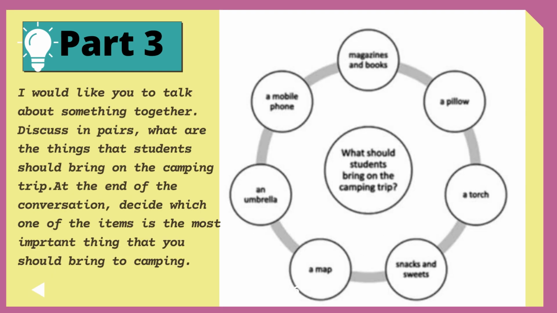Now, part 3. Once you have finished explaining the story in part 2, you are given this helpful stimulus that you are going to use to talk during the discussion. In part 3, your task is to discuss with your partner. Candidate A will discuss with candidate B about the situations that the interlocutor has given to you.